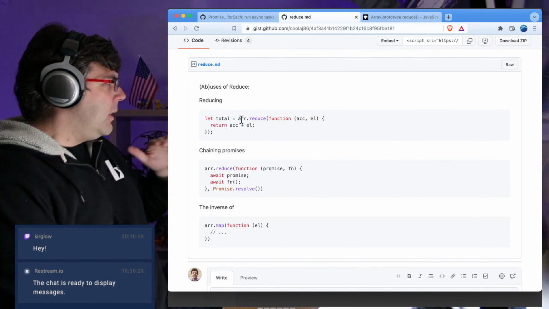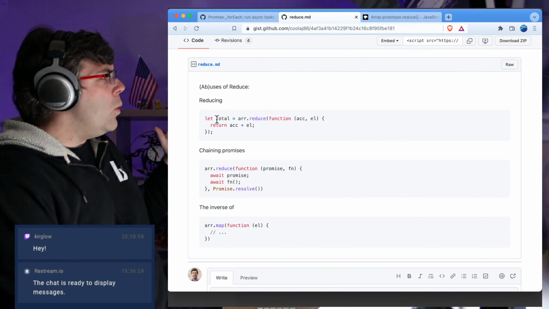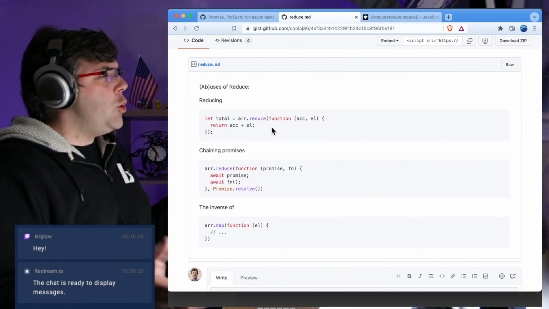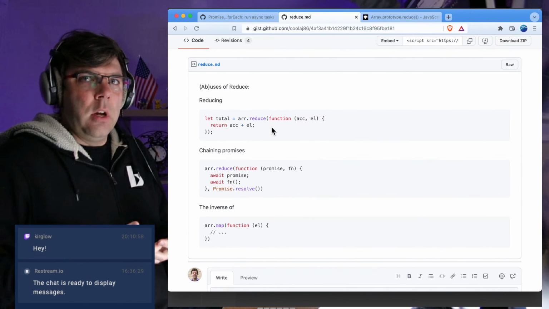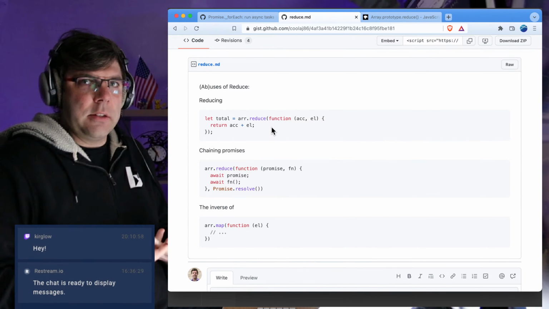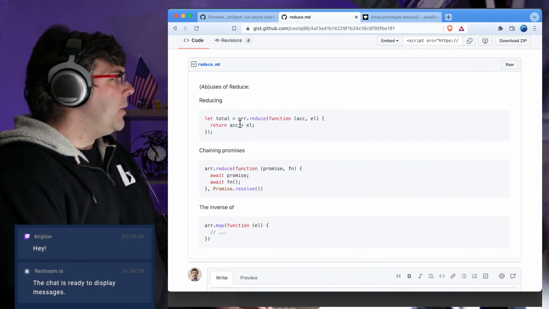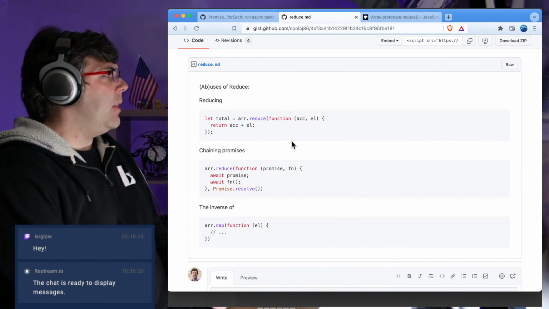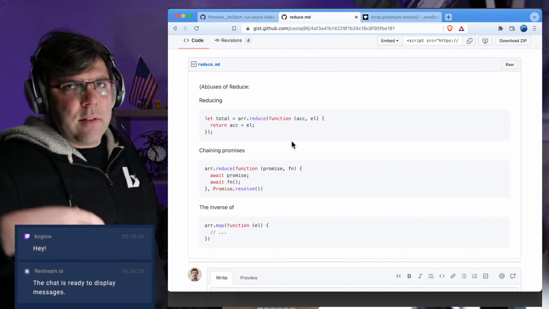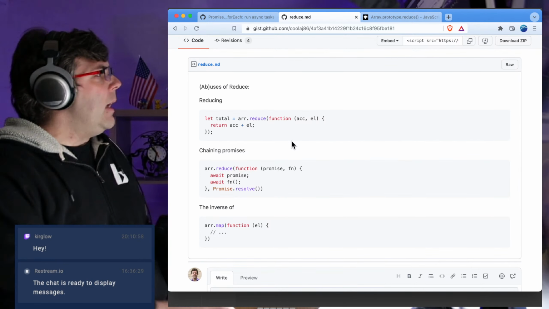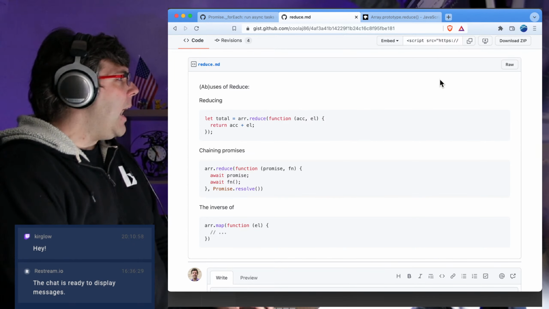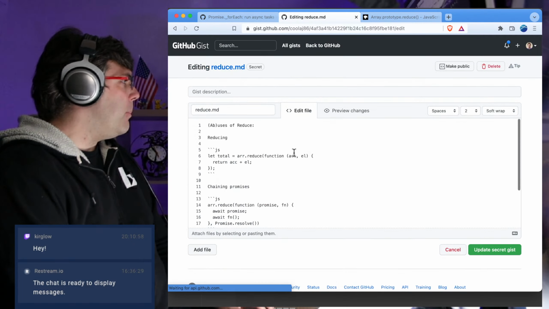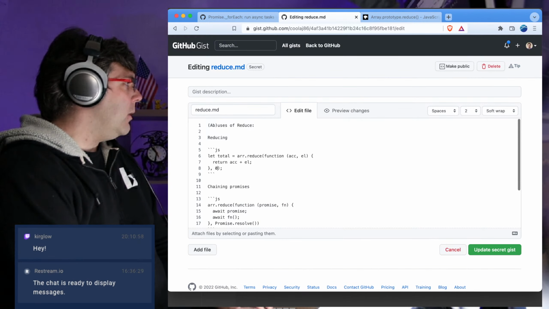Okay, let me cut to the chase here. Reduce is intended to aggregate something. Typically it's numbers or some sort of scoring system. So you want to take an array, say the numbers are 1, 5, 7, 42, 8, 3, and you want to add them all together. I actually did this wrong. I have a bug in this, but this is okay. This will actually demonstrate